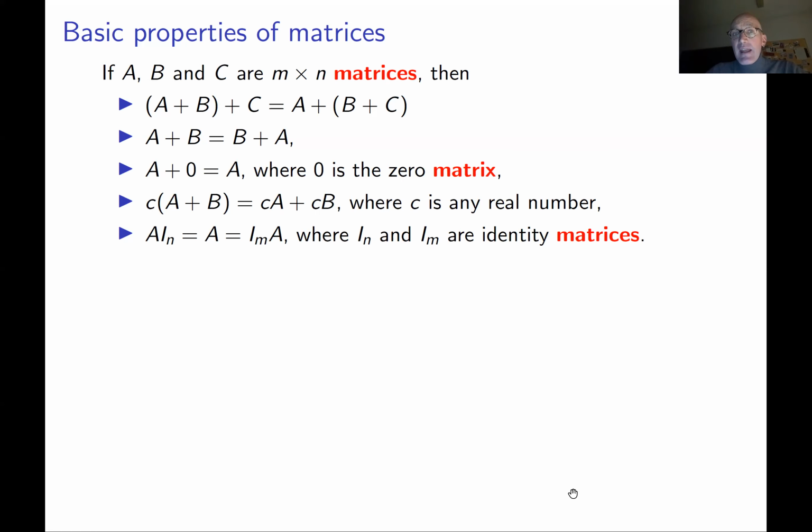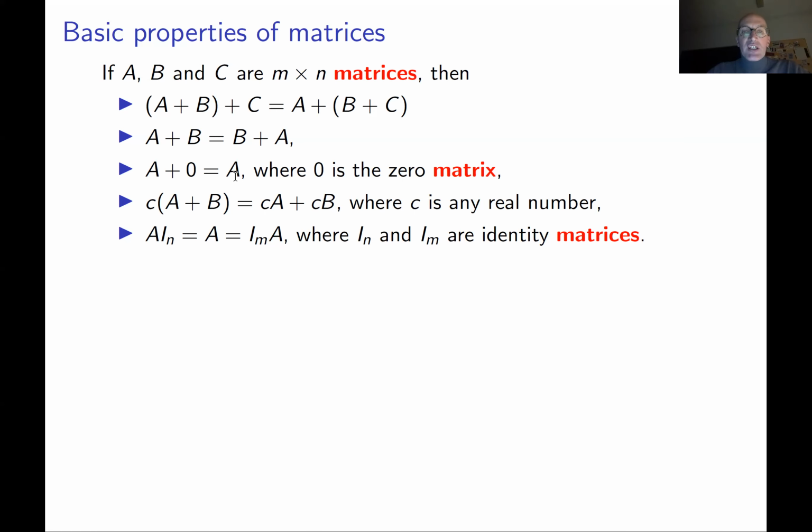Of course, similarly, A plus B is B plus A, basically because addition of numbers is commutative, so you have the same for matrices. If you add the zero matrix to any given matrix A, of course, you get matrix A. So here A is a matrix, and zero is a zero matrix. It's not a number now. Again, sorry for the confusion, but this is just traditional notation. So A plus zero is A for matrices. If you multiply a sum of matrices by a number, again, you apply the same rules as for vectors.